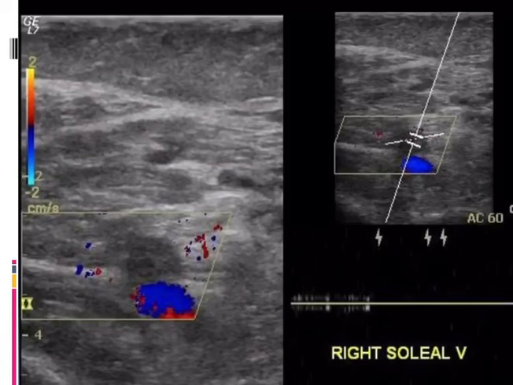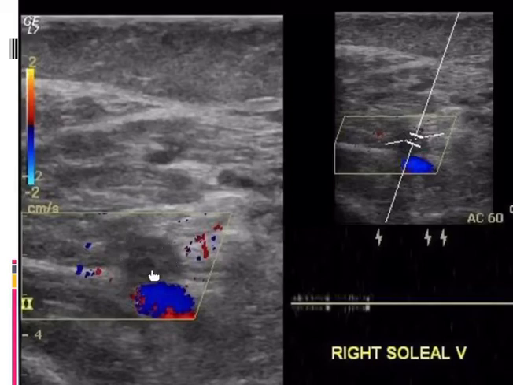We do the ultrasound of the leg veins. Whenever there is a vein, there is an accompanying artery there. So we see two structures, but only one structure is giving color flow. When you put color in the color flow Doppler, only one structure is colorful, like this. Why? Because the other is not patent, not having blood flow. It will give you color only if it is having blood flow.